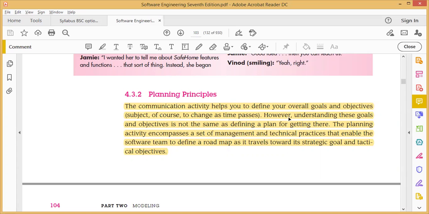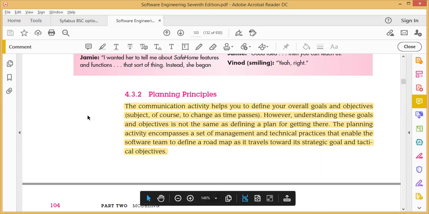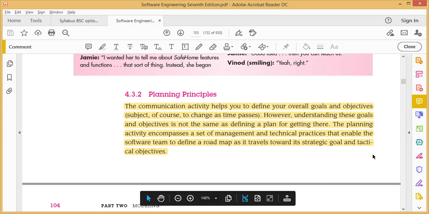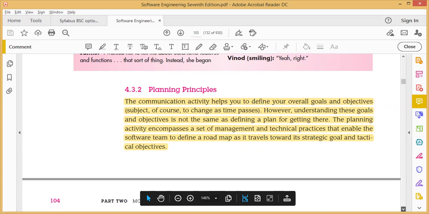However, understanding these goals and objectives is not the same as defining a plan for getting there. Once we have defined our goals, they might change after some time because of changing or enhanced requirements as per the customer's need. So we have to follow the plans, but also keep them flexible to adapt to multiple tasks or functionality.